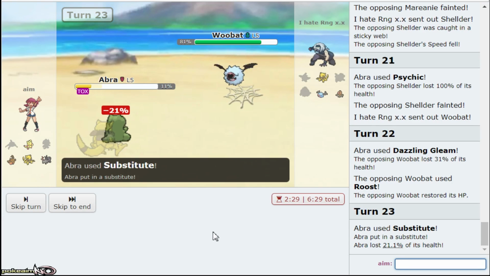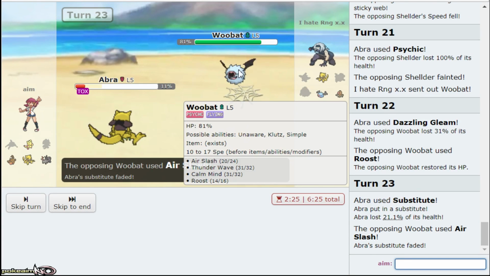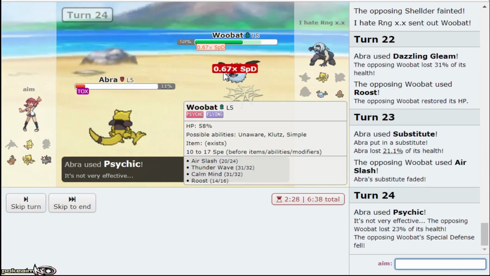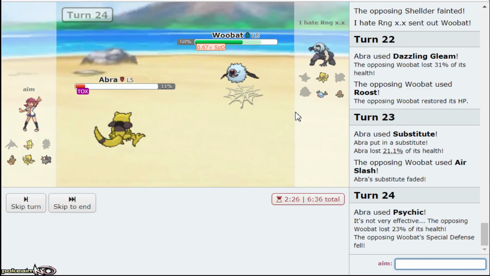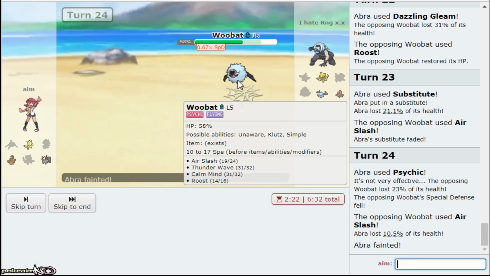I gotta force him to Air Slash and kill me. I mean, he wouldn't obviously Thunder Wave my Abra because I'm Toxic, but I'm assuming Psychic does a ton anyway. Okay, it does like nothing. But I get Spadef Drops, which is something that I was aiming for. And I can just knock off and I think win with my...